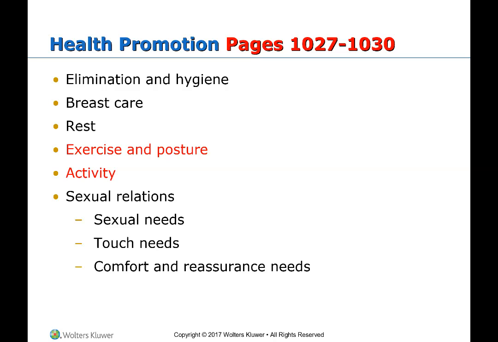When we get into sexual relations, it says sex is usually safe. This doesn't mean that you just need to be hugging. So it is safe if it is comfortable and if there are no high risk factors present. We talked about placenta previa, meaning that the placenta is partially covering the cervix or right on the edge of it. In that case, they would have to talk to their provider. If the mother was in preterm labor, it would not be safe to have sex. If her membranes are ruptured, it would not be safe to have sex.